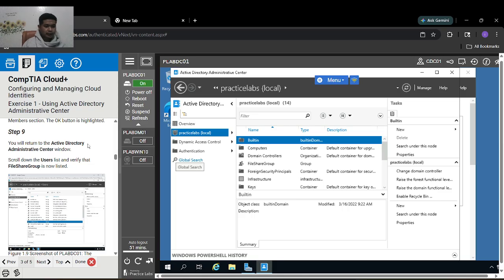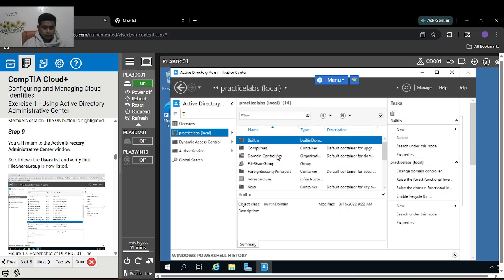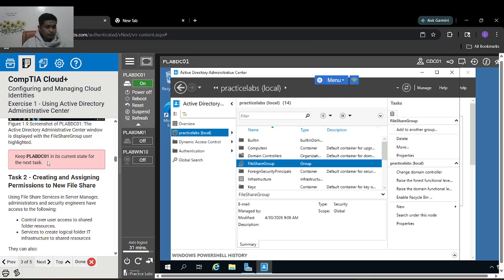Step 9, we will return to the Active Directory Administrative Center window, scroll down the user list and verify that the File Share Group is now listed. Keep this in place for the next task.